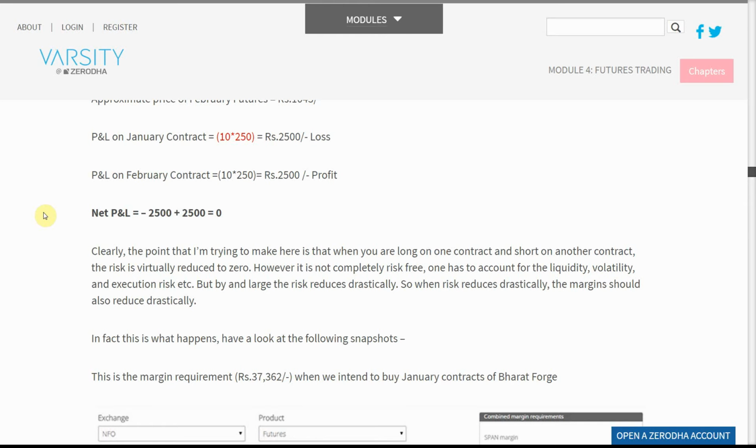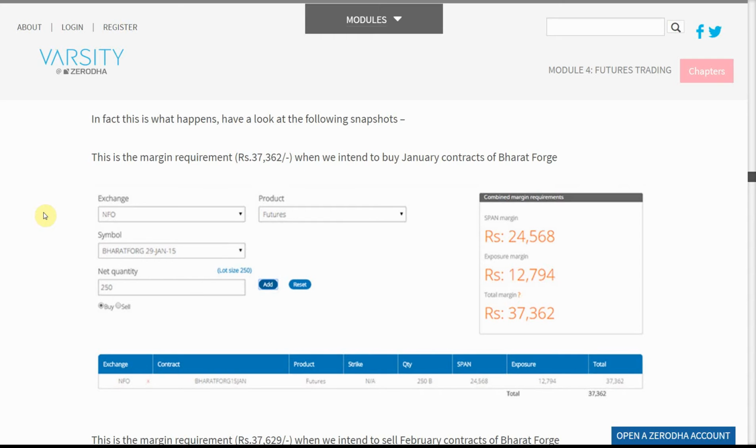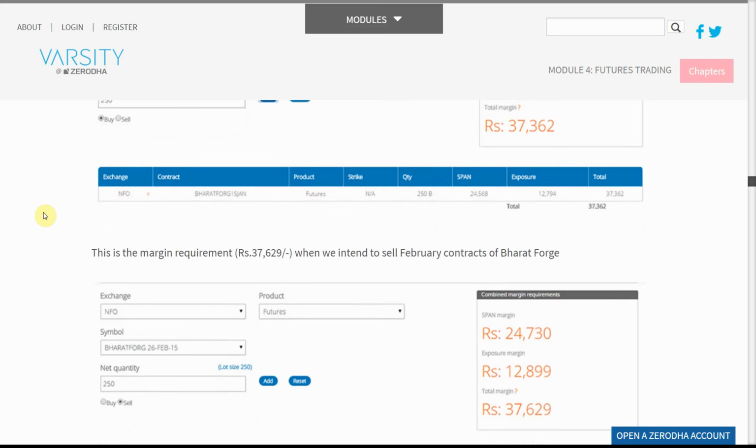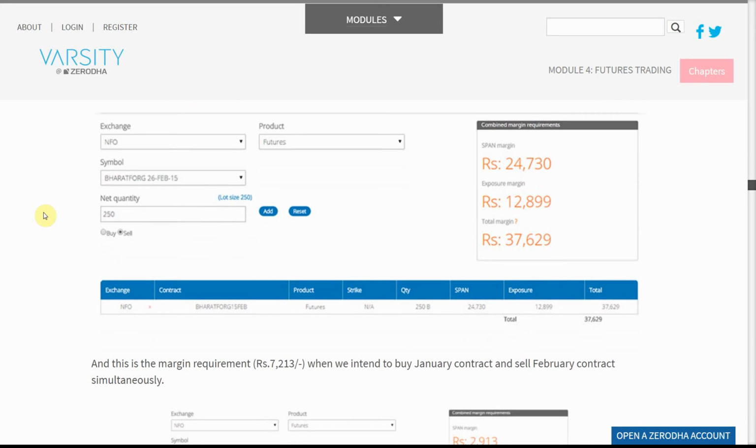Have a look at the following snapshots. This is the margin requirement, 37,362 rupees per lot, when we intend to buy January contracts of Bharat Forge. This is the margin requirement, 37,629 rupees per lot, when we intend to sell February contracts of Bharat Forge. And this is the margin requirement, 7,213 rupees per lot, when we intend to buy January contract and sell February contract